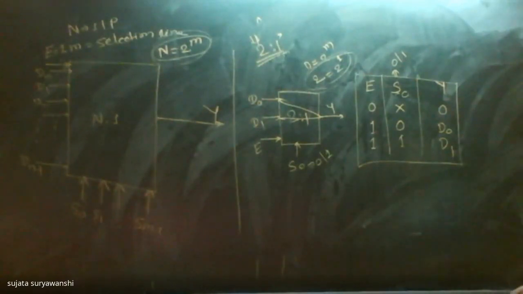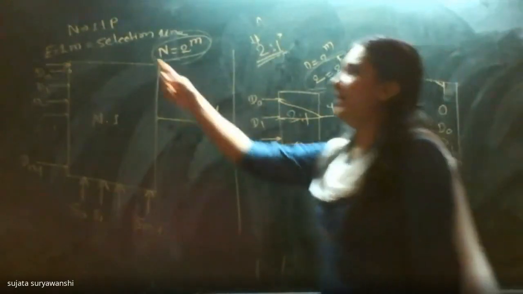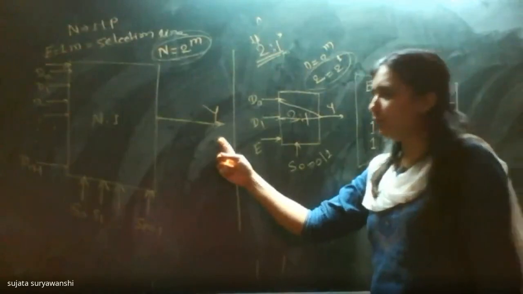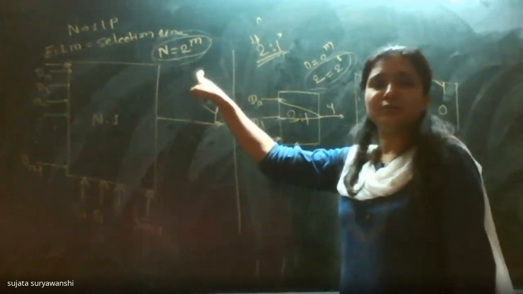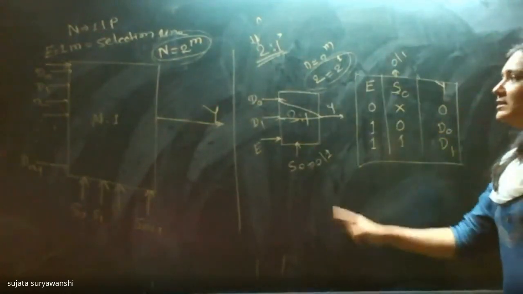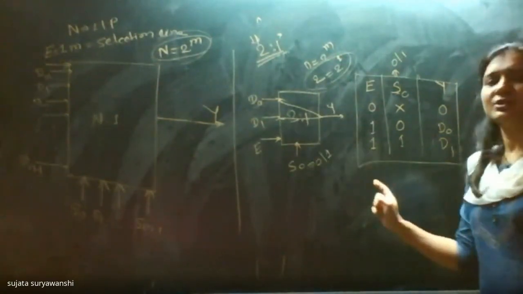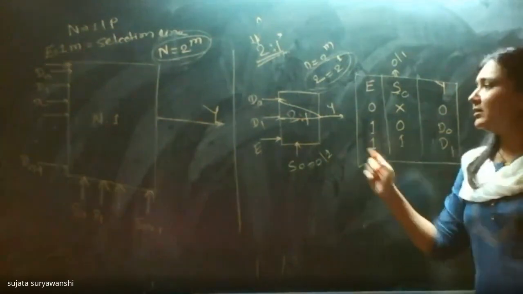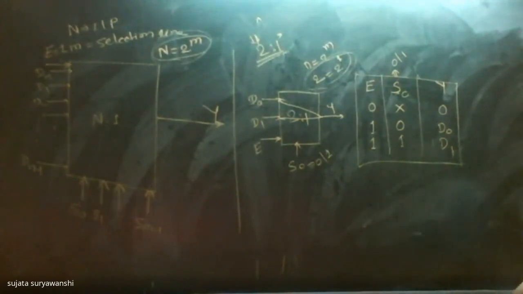So, after this, just draw the block diagram of an n-to-1 multiplexer, which will take n number of inputs and 1 output, and m number of select lines, and write down the formula n is equal to 2 raised to m. If you know the number of inputs of your multiplexer, you can find out the number of select lines present for that particular multiplexer. Okay. So this is the truth table of your 2:1 multiplexer. So write down this. Then we will draw the circuit.